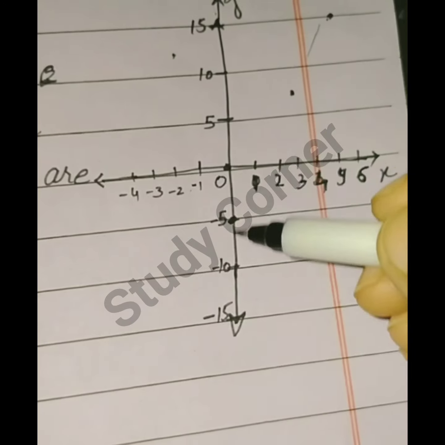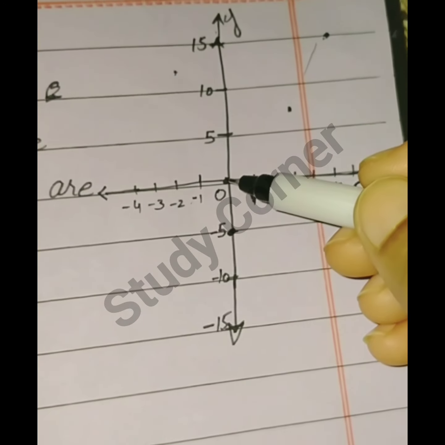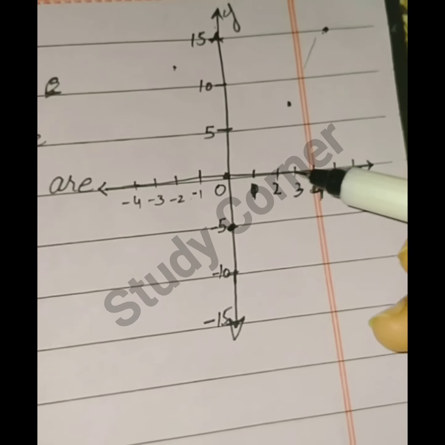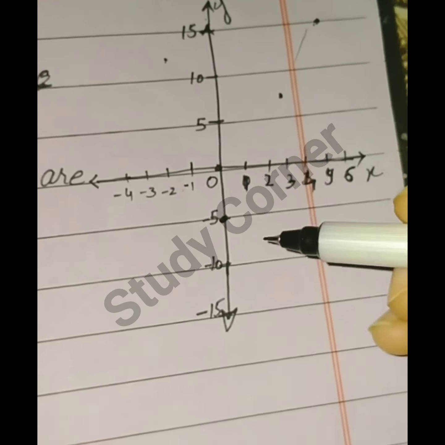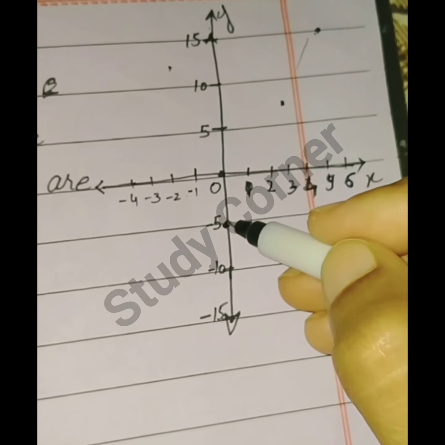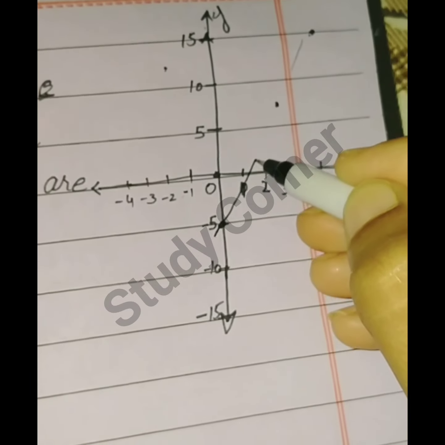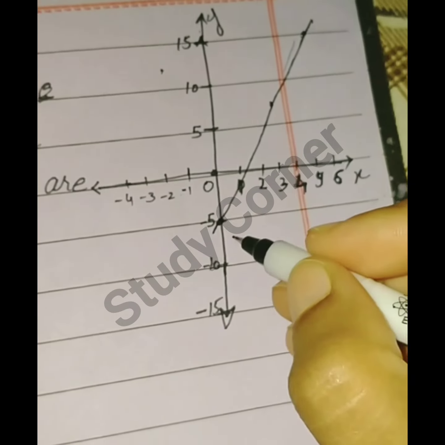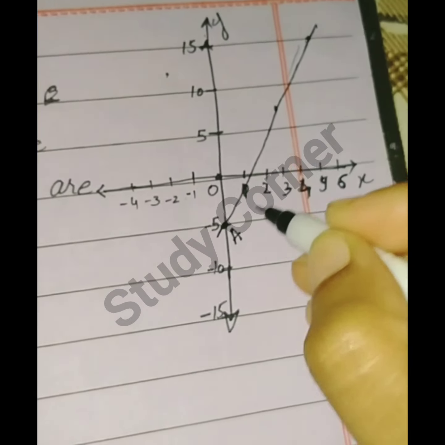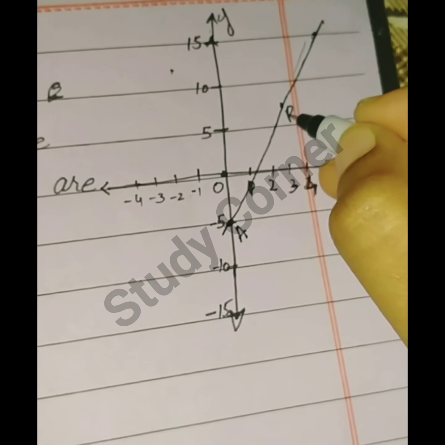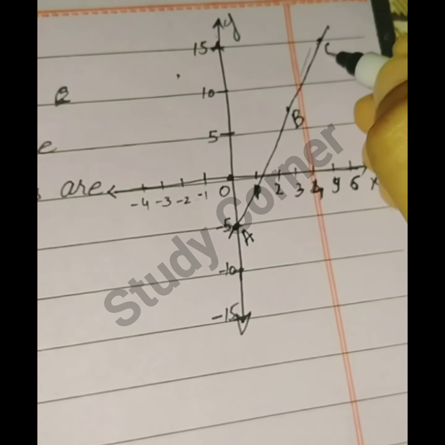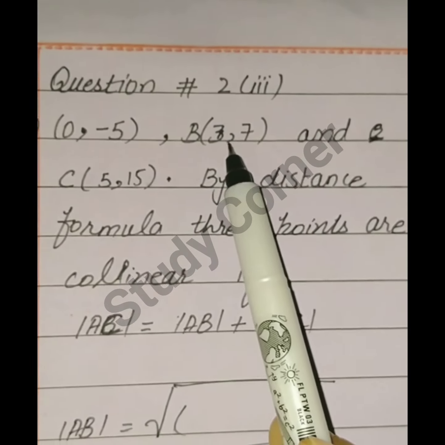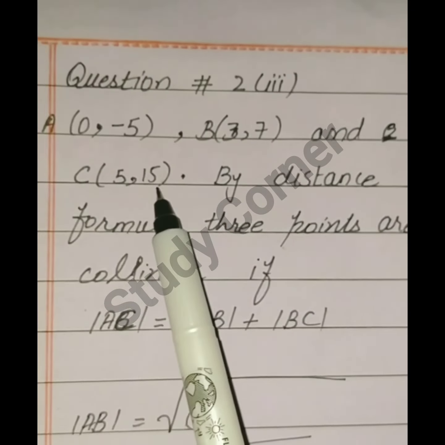मैंने y axis पे कुछ इस तरह से स्केल लिया है कि 1 सेंटीमीटर को मैंने 5 यूनिट के इक्वल लिया है, और इस तरह से equal distance पे एक roughly sketch बना लेना आपने देखने के लिए कि कौन से points end points बन रहे हैं। So this is the point A. ये आपने खुद लेट किए हैं points, और फिर इनको नाम दे दिए हमने A, B and C. जो first point था उसको A, second (3, 7) को B, और (5, 15) को हमने C लेट किया है।